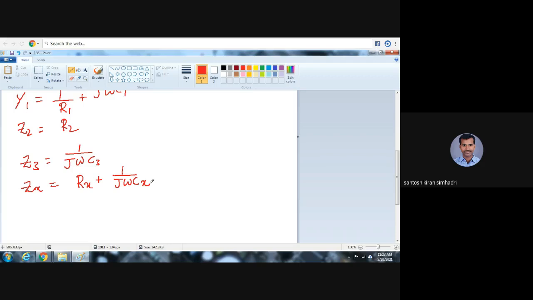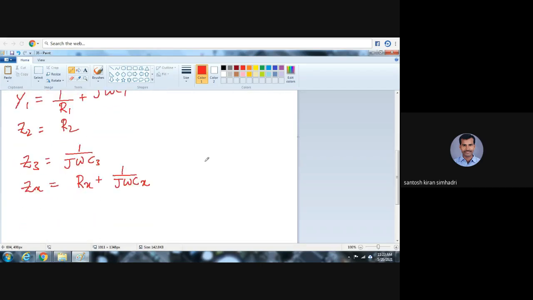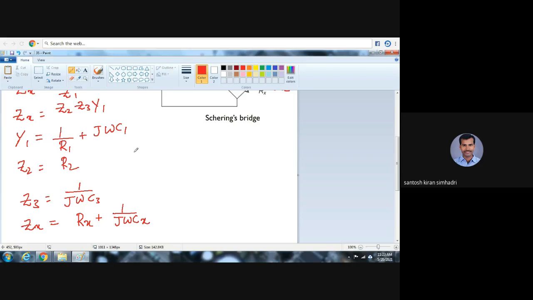Okay, Nana? So this is the capacitance direct equation. Here we cannot use any inductance. That's why I have taken 1 by J omega C3. Some students might have a doubt: Sir, why did you not write 1 by J omega C1, why do you write directly J omega C1? Because this is not an impedance. This is an admittance. That's why I have written it like this. This is very, very easy. Nothing to worry. So these are all the expressions.